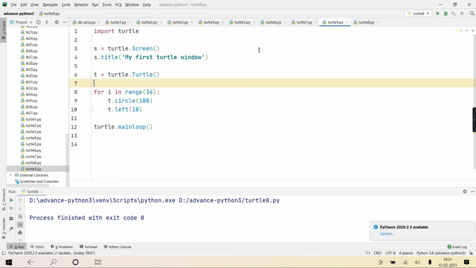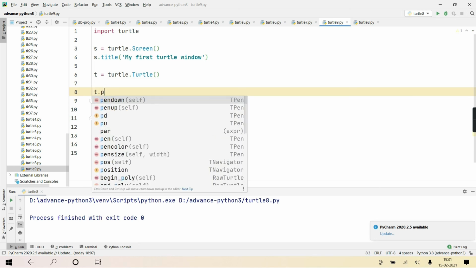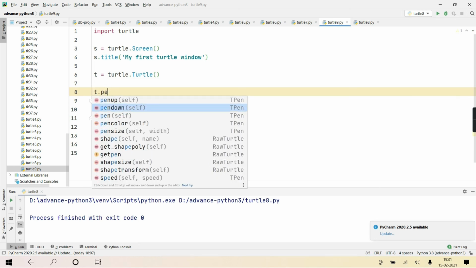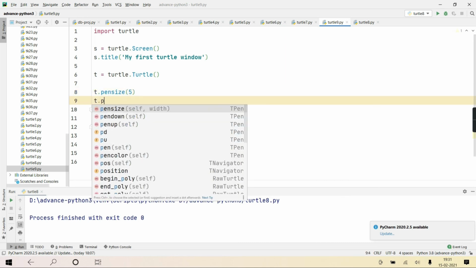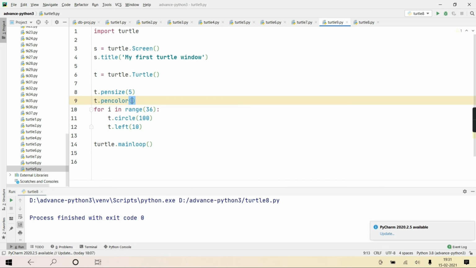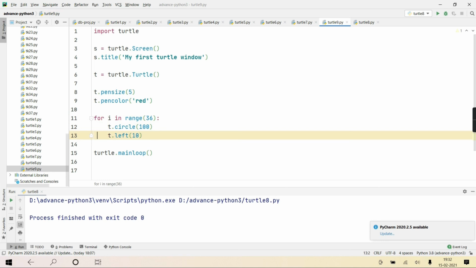Okay? So in this pattern, here what I'll do is t dot pen size, I'll give 5, and t dot pen color, suppose I'm giving red. Okay? Now here the angle a little bit will increase, I will make it 20.